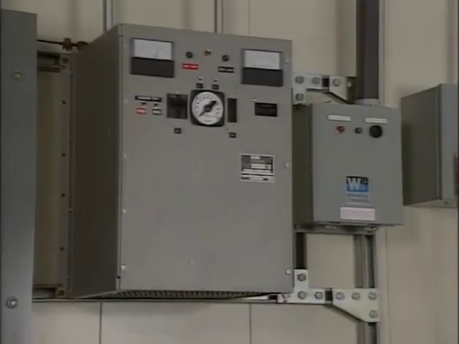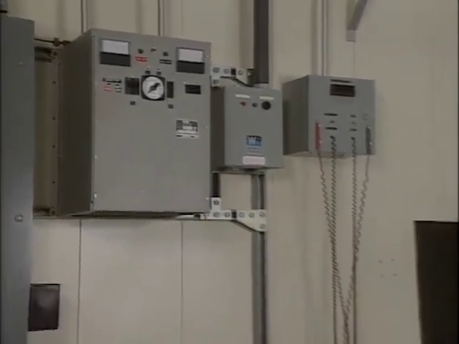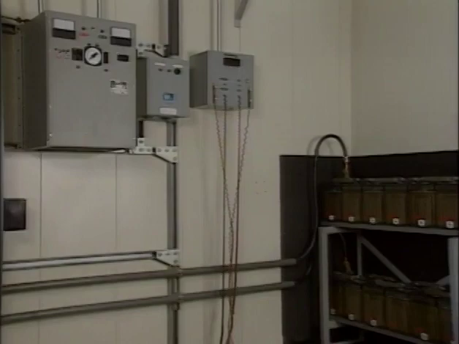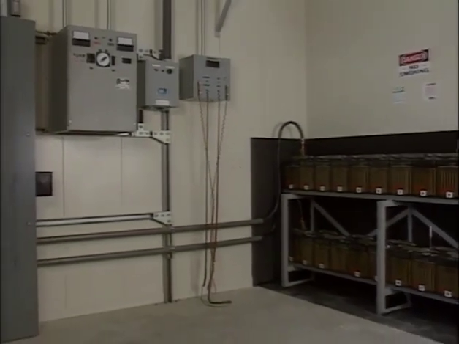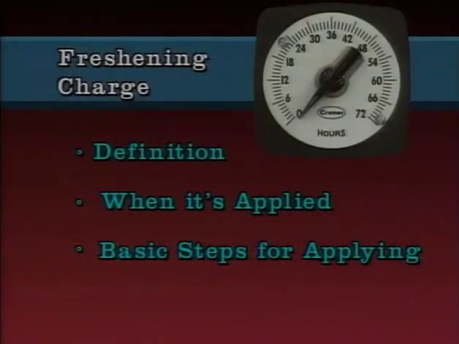One of the main functions of a battery charger is to charge a battery or a cell. But there are different types of charges that can be given a battery. This part of the program will address a type of charge called a freshening charge. The key points that will be covered include the definition of a freshening charge, when it's applied, and the basic